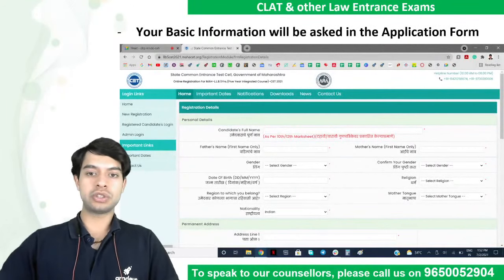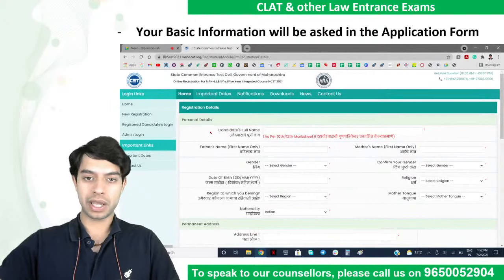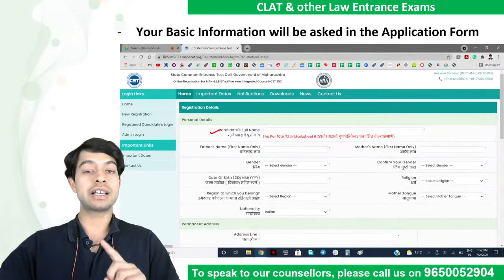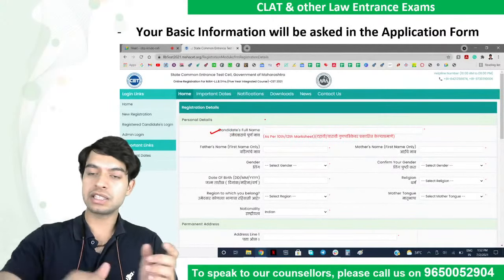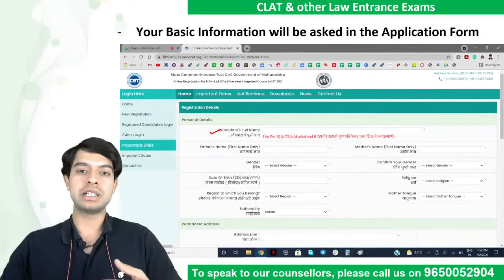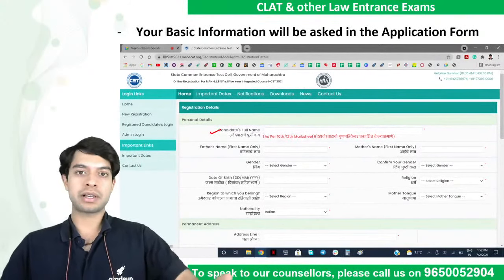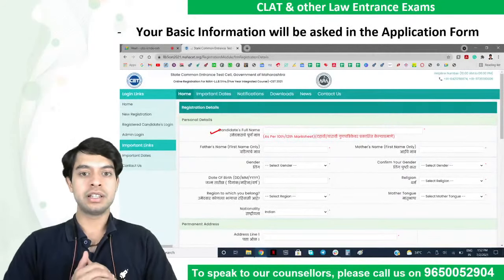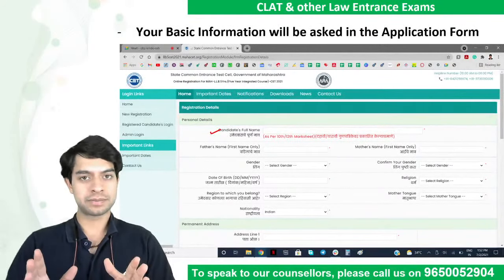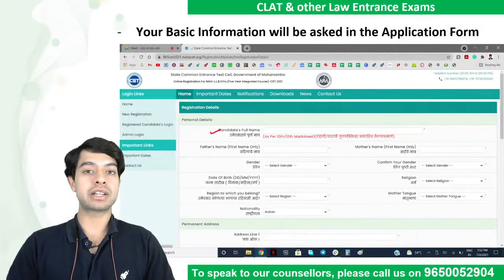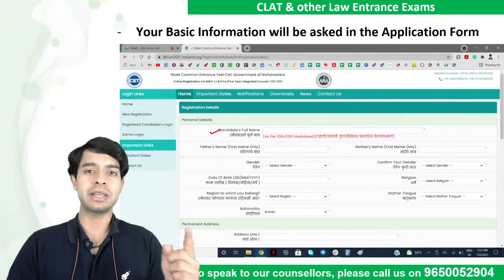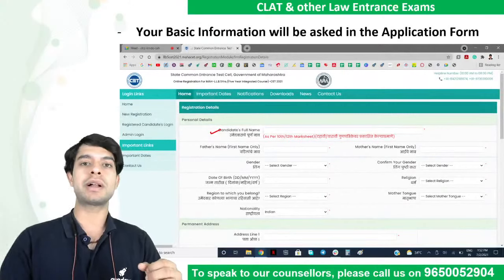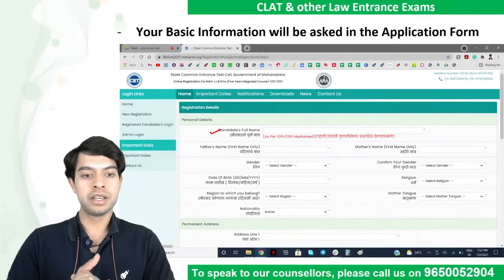In the registration, you need to write down your full name, the full name as per your class 12th mark sheet. देखिए, अगर किसी का नाम, जैसे मेरा नाम अगर सिर्फ सार्थक है क्लास 12th मार्कशीट में, बट ऑन माई आधार कार्ड द नेम इज सार्थक शर्मा, देन यू जस्ट नीड टू राइट सार्थक. जो भी आपका क्लास 12th की मार्कशीट में नेम है या क्लास 10th की मार्कशीट में नेम है, रिमेंबर क्लास 10th एंड 12th की मार्कशीट में हमेशा सेम नेम होता है. द नेम,